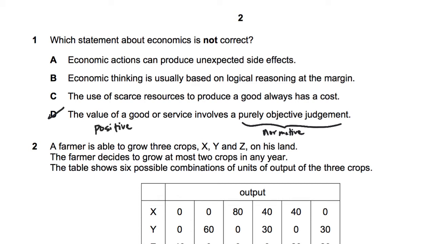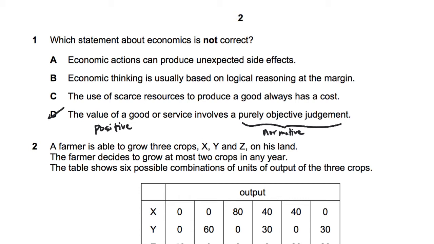What do we mean by this? Basically, can we find the value of a good? And the answer is yes, we can find the value of a good. Can we find the value of the good accurately? And the answer is yes, we can. The price of a good is the value of a good in a market. So that's why it's not correct that whenever you look at a value of a good, it's purely objective. It could also be completely assessed through the value of the good, which is the price.